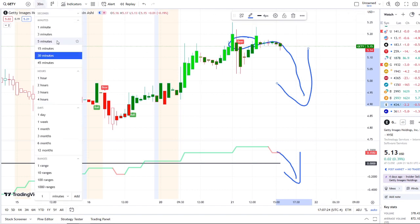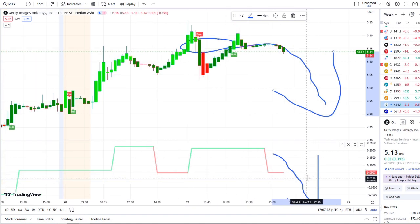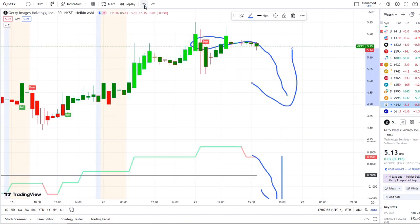And on the 15-minute in the volatility, these outflows have not crossed over as well, right? It's red, but it's still above the midpoint and under a bull indicator here at that level where it reached the next high today near the 520s up here at around 515. So something to not ignore there is in the 15-minute chart, in the volatility, it is showing a bull indicator. Inflows are still above. And on the 30-minute, yes, there's a bear indicator, but the inflows are still above as